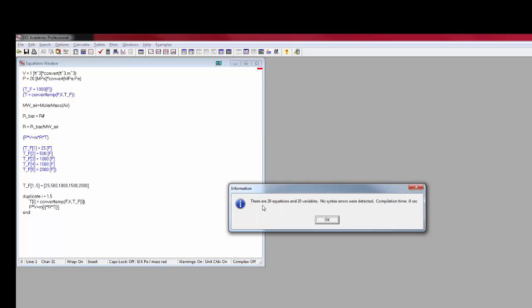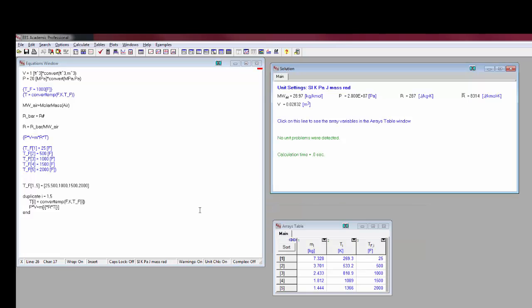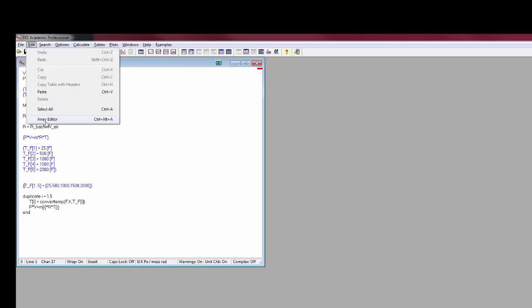Again, we can check 20 equations, 20 variables, and we can solve. Again, no unit problems detected because we've already set T underscore F to units of Fahrenheit, and we have the same solution that we had before. We could simplify this a little bit further by using the array editor. So if we go to Edit, Array Editor,